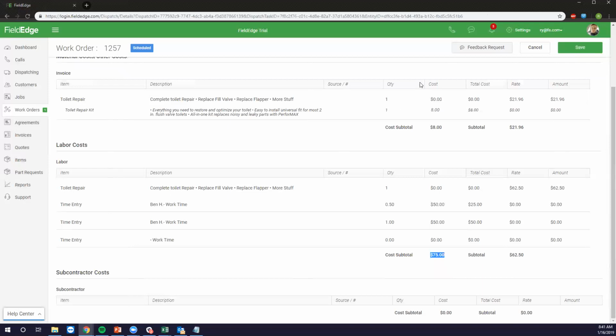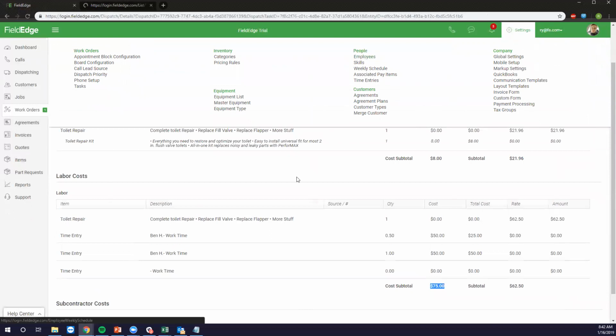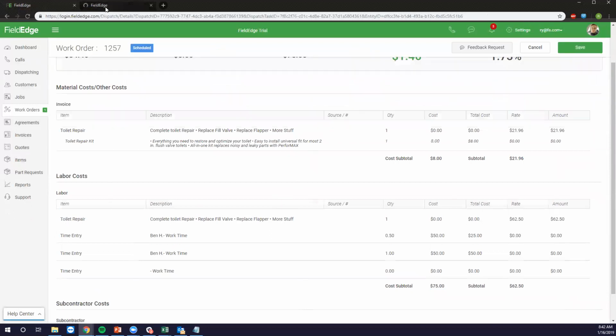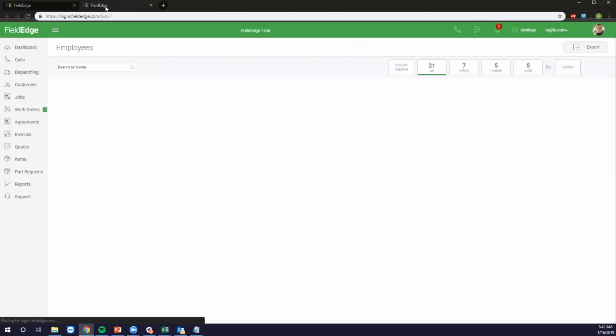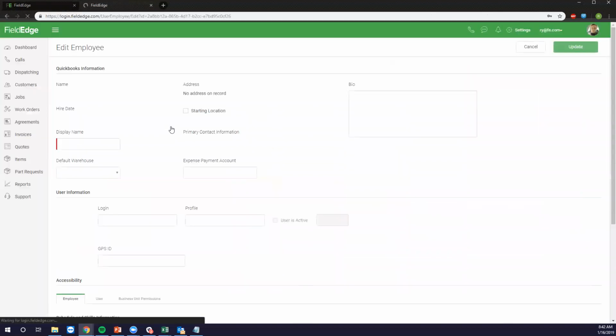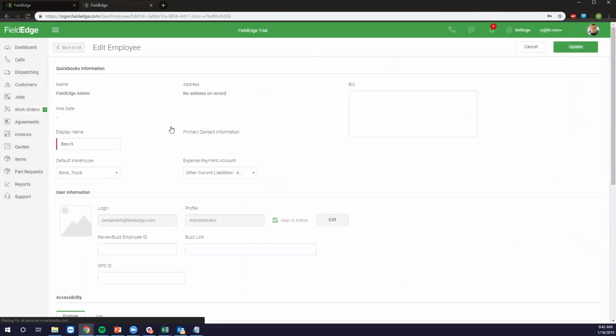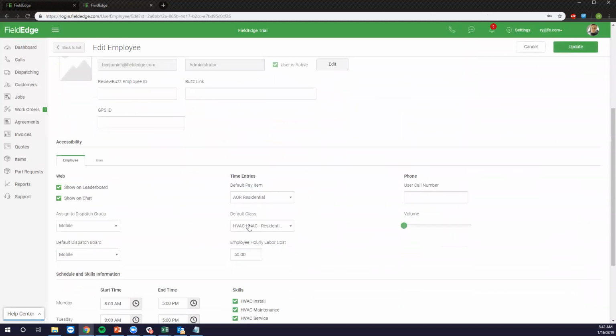And that's set up. We can do it by employee, so the overhead for different employees is going to be a little bit different. Just in our settings, and then employees. Then we'll go in here and we'll open up Ben. All right, so here I've got Ben, and I can see that his employee hourly labor cost is set to